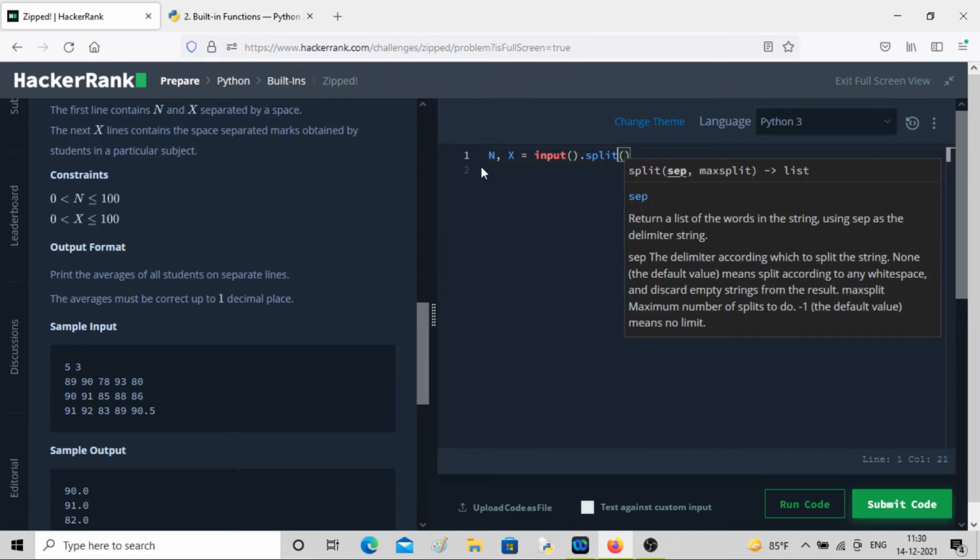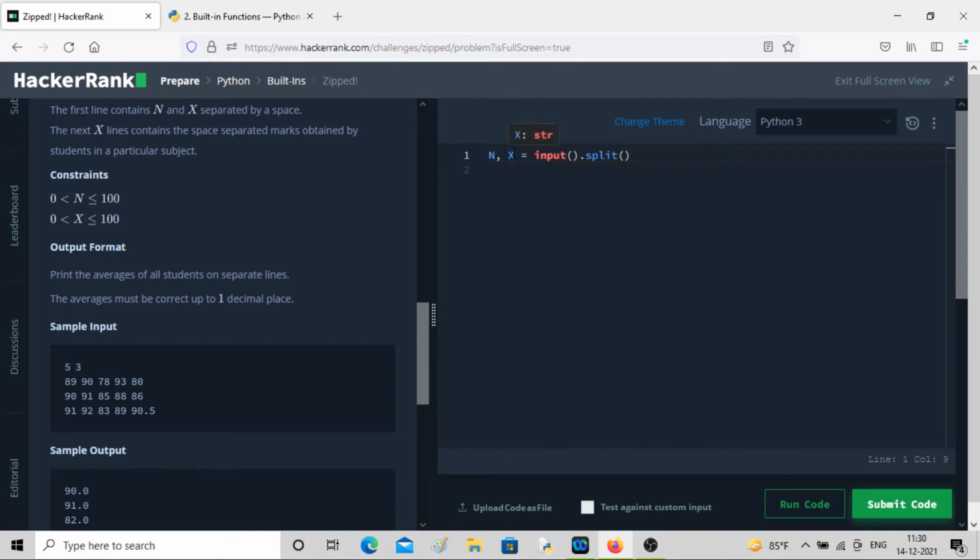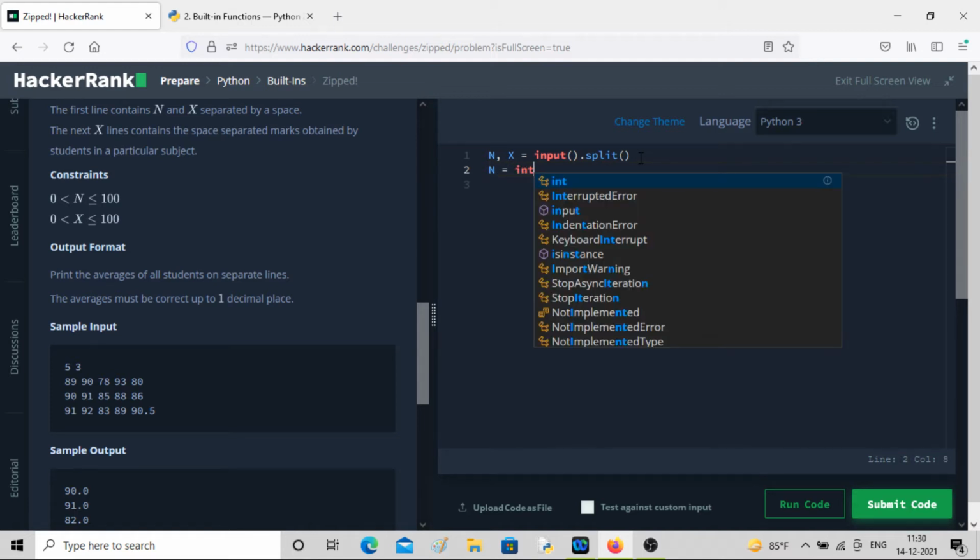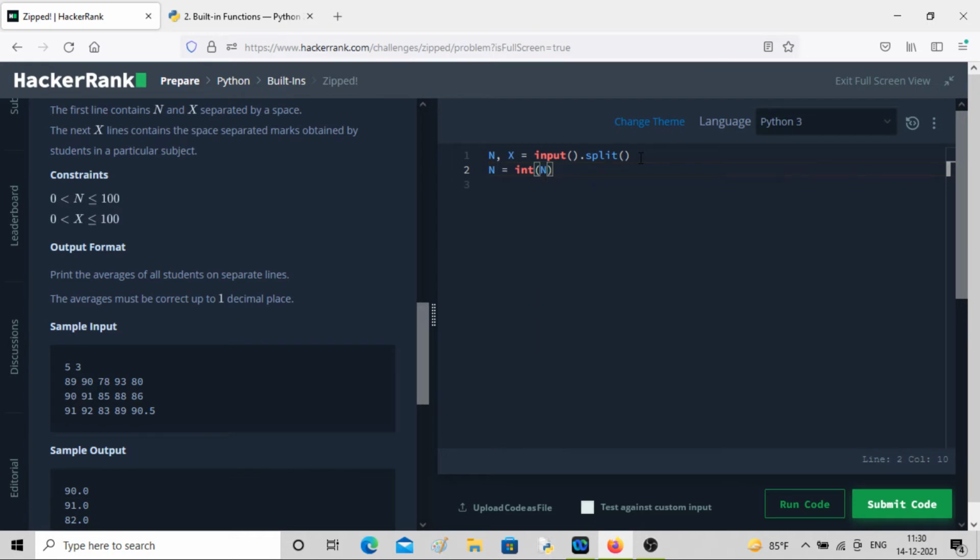But the problem is n and x will be in string form. They are integers to us, right? So let me convert into integer form. Int n. Similarly, let's do it for x. Now we have the value of n and x.